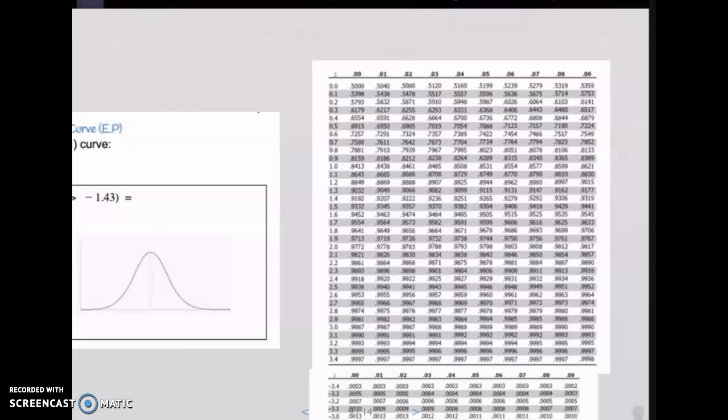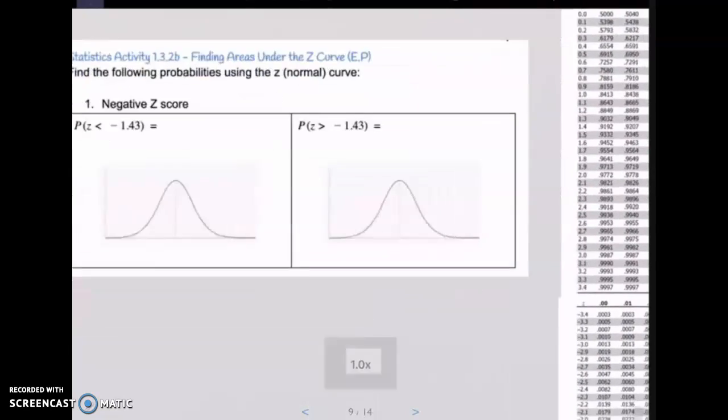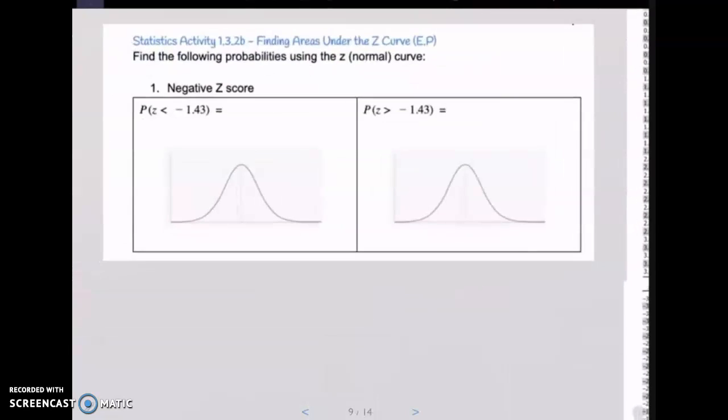This chart will find the area under the curve for any z-score. And remember, a z-score curve is going to have 0 as the mean and 1 as the standard deviation. So it will always work from the left going to the right. So like if I want to find the probability, well, let's just do the first one. Find the probability that z is less than